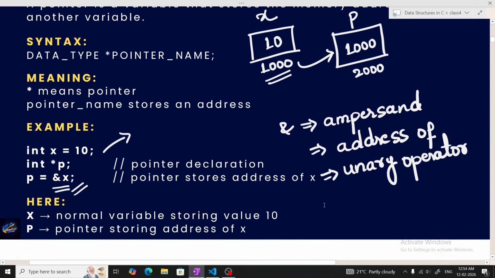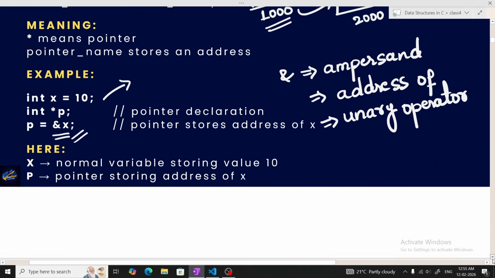Here I have written 2 points. Our x is a normal variable storing the value 10, whereas our p is a pointer storing the address of x. So we can see here our p is a pointer. It is storing the address of the x variable. I hope now pointers are clear to you all. We will now move to our second topic,